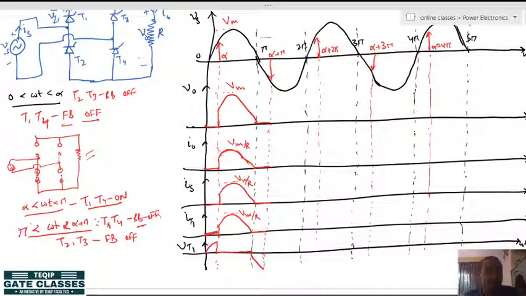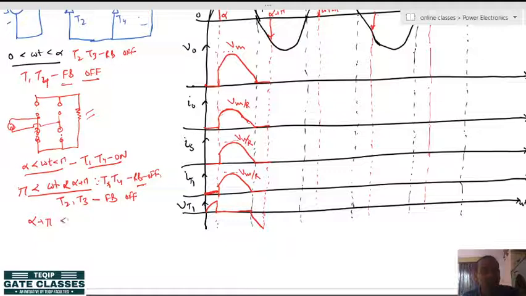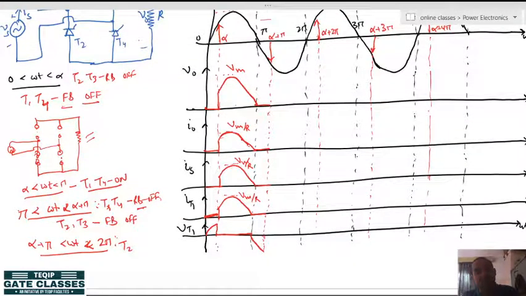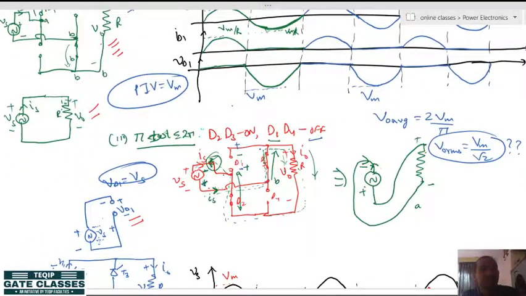Now, what is happening from alpha plus pi to 2 pi? What is happening there? So if you see here, T2 and T3, as soon as at alpha plus pi you provide the gate pulse, they are already forward biased. As soon as they get the gate pulse, they will come to the forward conduction mode, meaning they will become short circuited switches, and as soon as they become short circuited switches, again the circuit will be like this one,